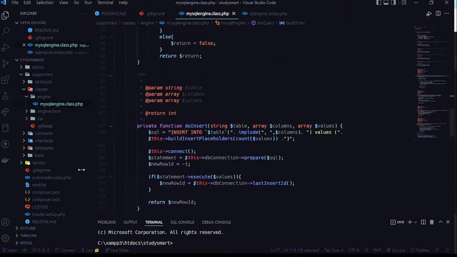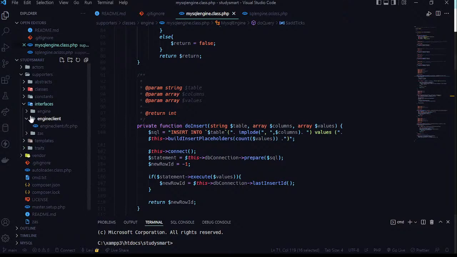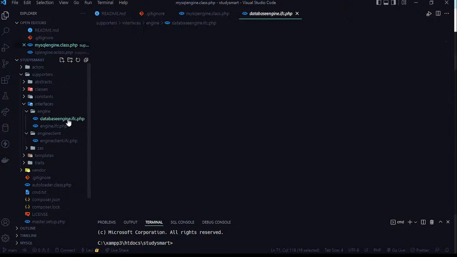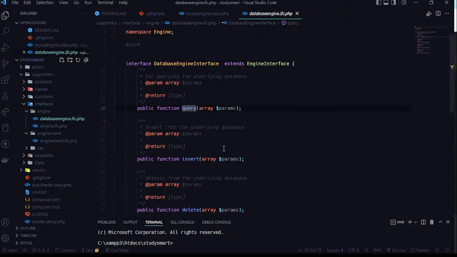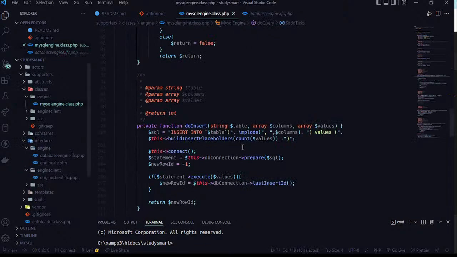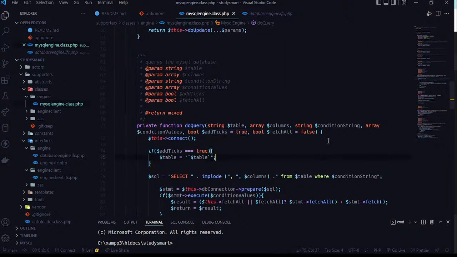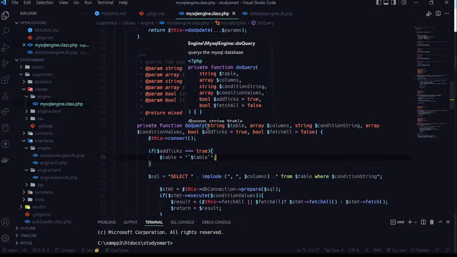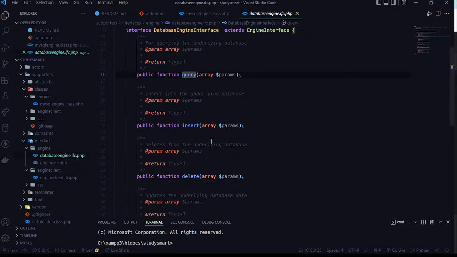Okay. So the first place we have to start from is the engine itself. So what does the engine say? The database engine. This is where the whole array of params came from. So we want to change that. We want to make it to be more like this. So they'll all just follow this particular pattern. So for query, I'm going to take all of this. Things are going to become red. I don't like to see red lines, but